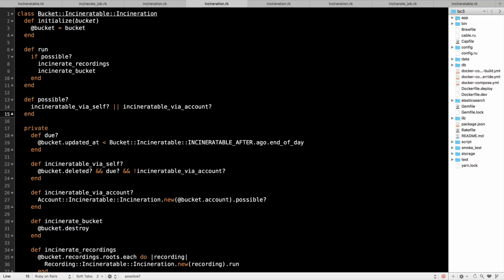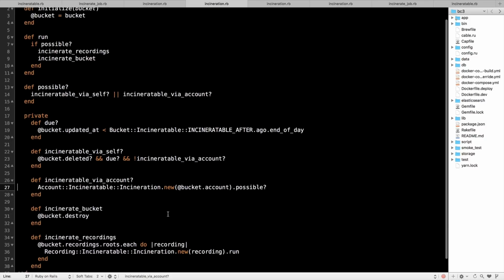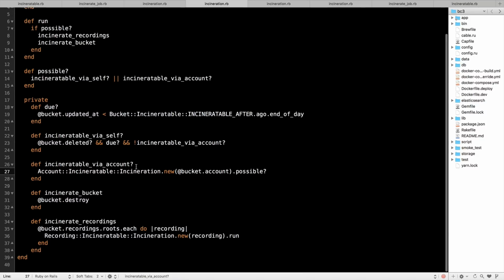So we check on these things, whether either of the two paths are possible. Can we delete by itself? And if we can delete by itself, that's checking that the bucket, the project or the team, has been deleted, that it's due for deletion, and it's not being incinerated via the account. And here it's funny, we have this